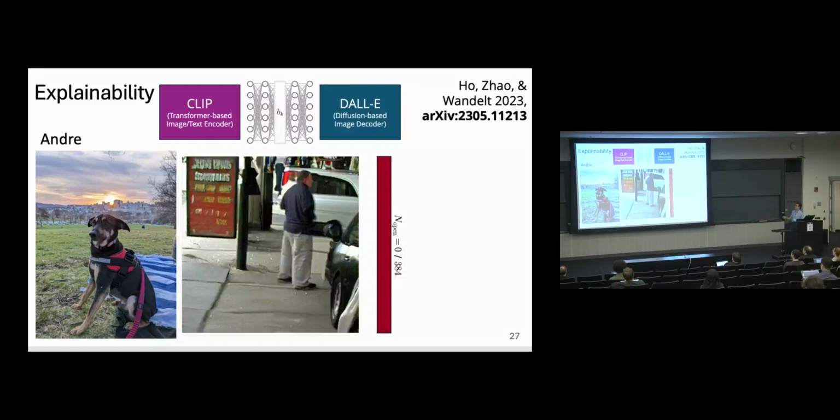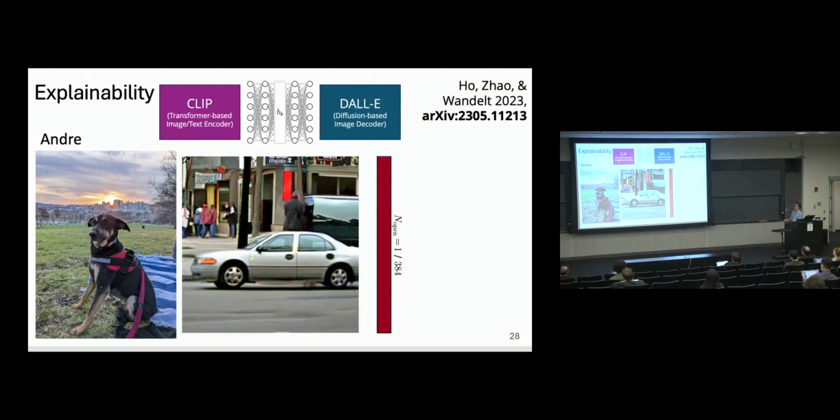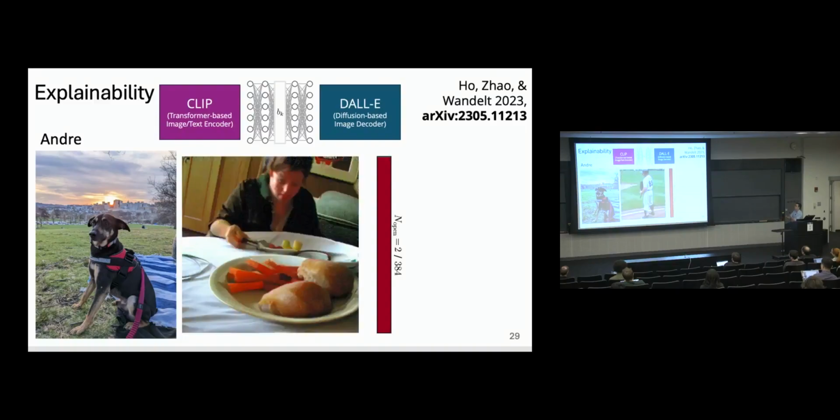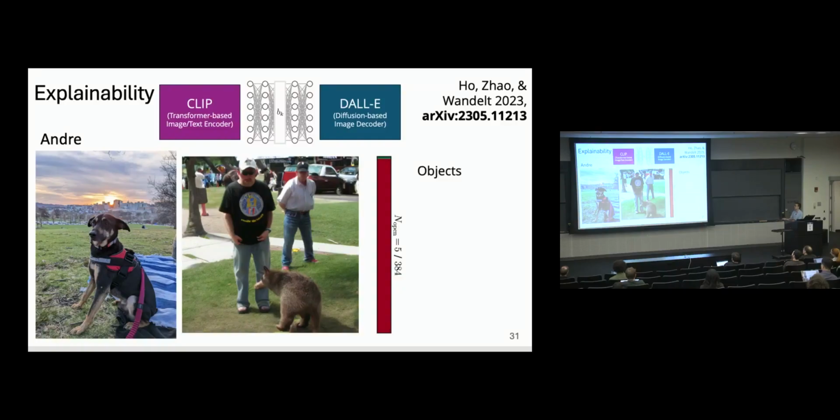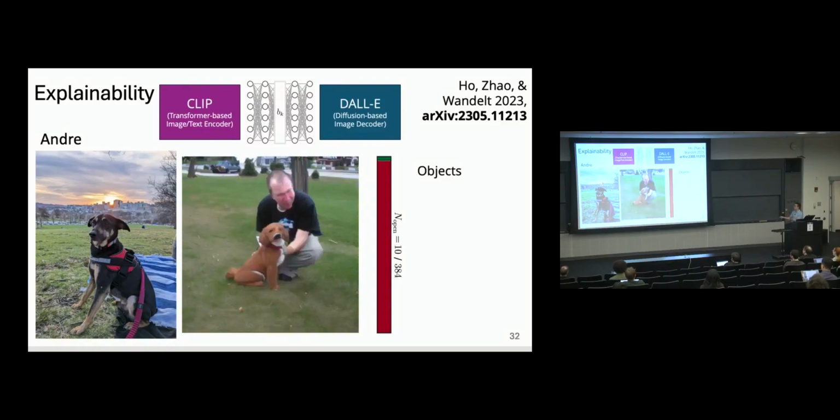So when I close the bottleneck all the way, this is at test time, I input my image of my dog and I output something that's totally random, right? When I open one node, it's still totally random because there's no information. When I open 3 nodes, I start to get some grass in the background, but still it's not a dog. When I open 5 nodes, I get some weird fluffy thing, but it's not my dog. When I open 10 nodes, then I get a dog, but I don't know who that guy is, and he's